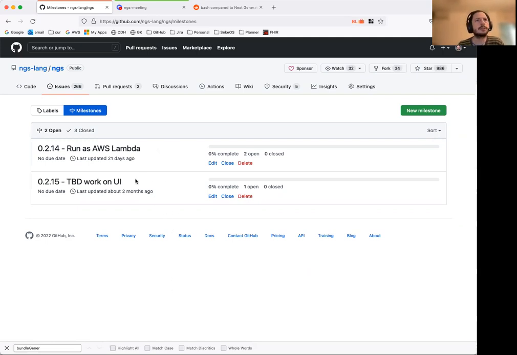Of course, I did some thinking about the next milestone and how the UI would function and all that. Most of the things are on the wiki, on the page which is called UI design.